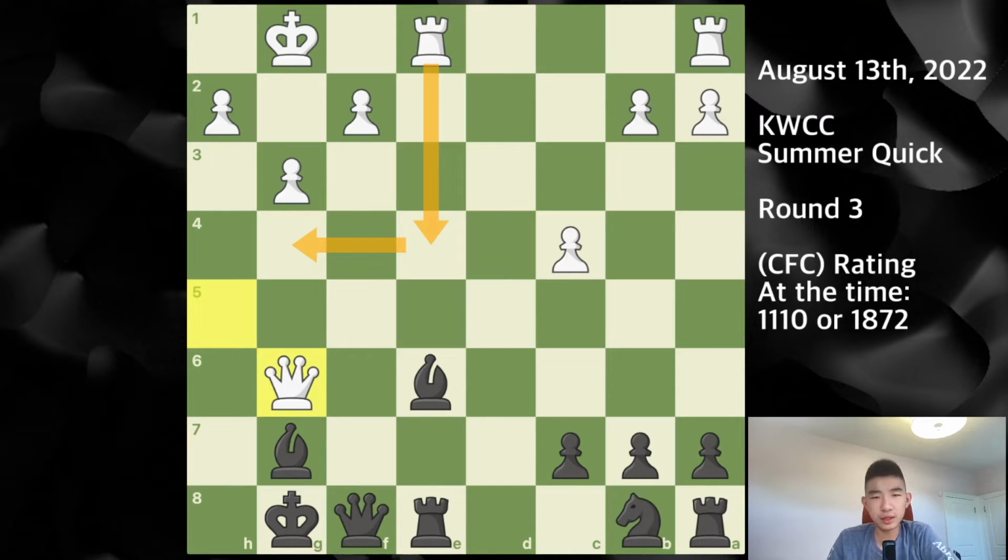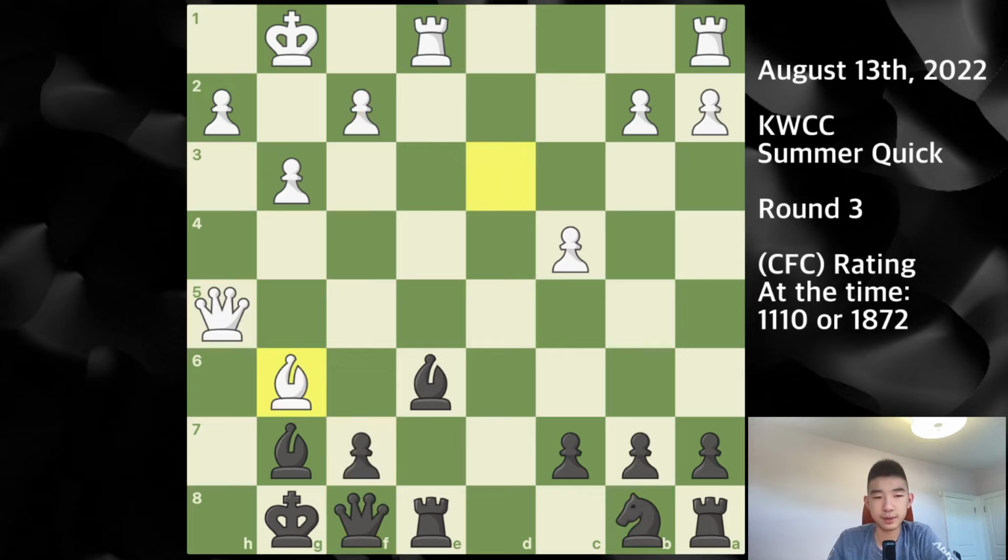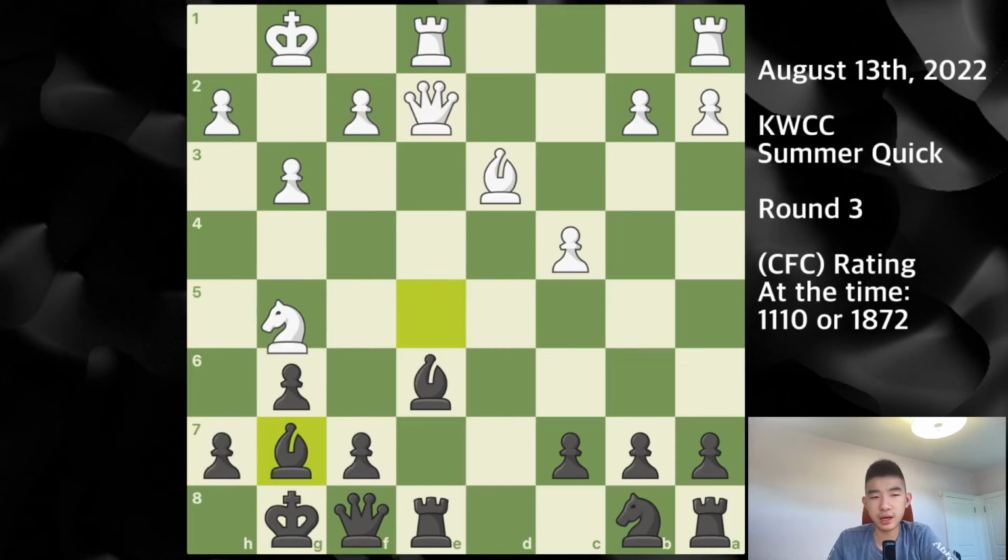But I realized quickly that there were no entry squares for my opponent's pieces. Here I can even play queen to f7, offer a queen trade, play rook to f8, and attack the f2 pawn, play knight c6, bring my other rook in, and this is completely okay for me. So I quickly realized that knight takes h7 doesn't have much of a threat, so I just simply play bishop